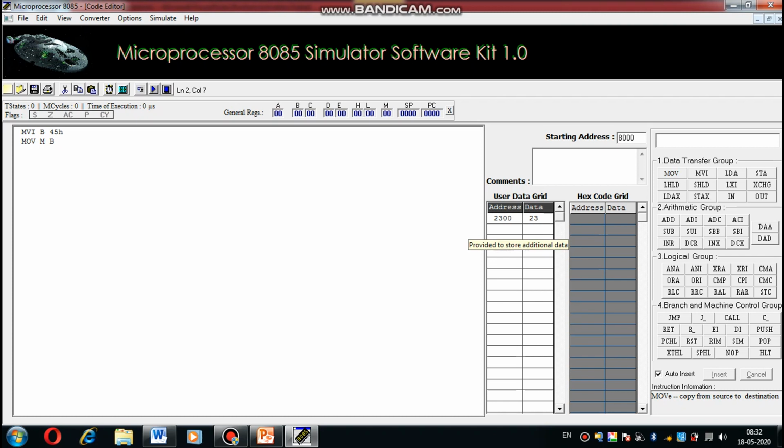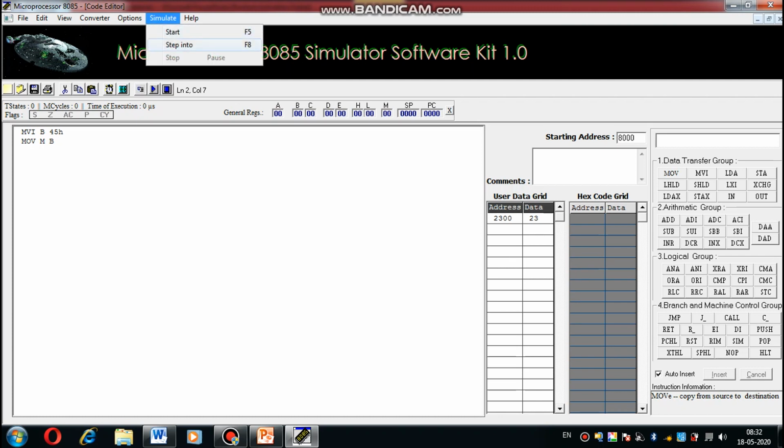Here HL is addressed with 2300H, and in that memory location 23H data is given, and I execute the instruction MOV M, B. The content of B, which I mentioned here as 45H, is transferred automatically.